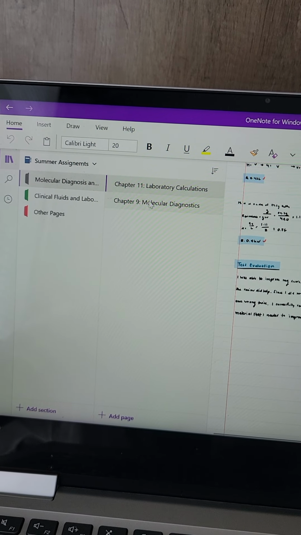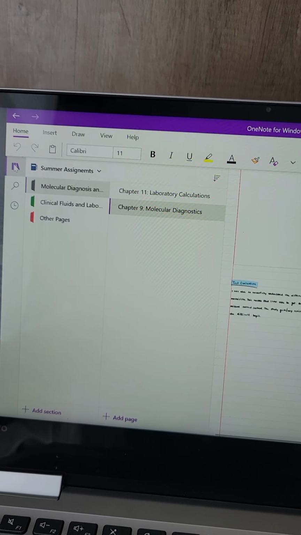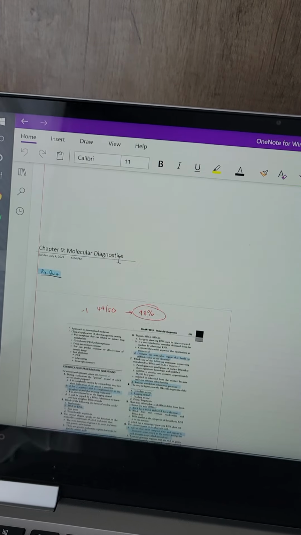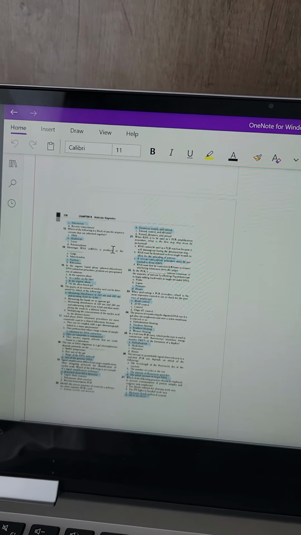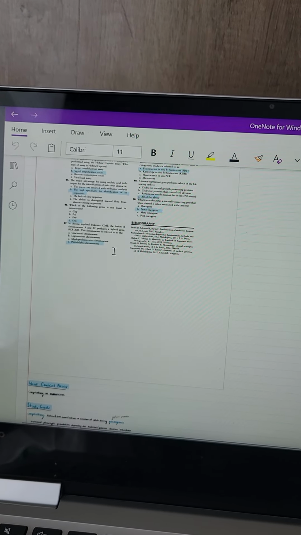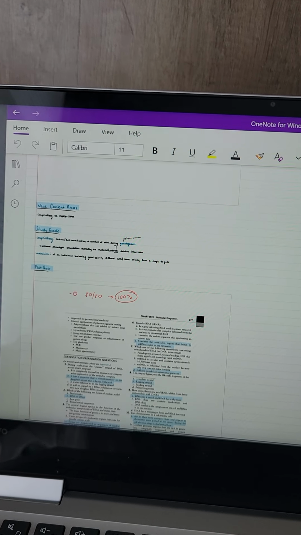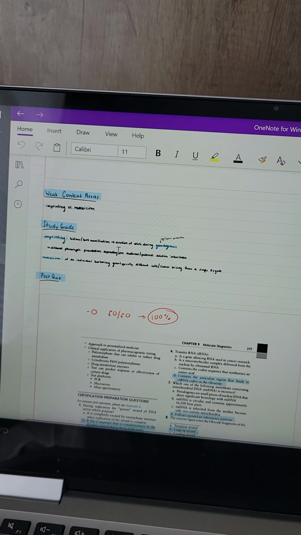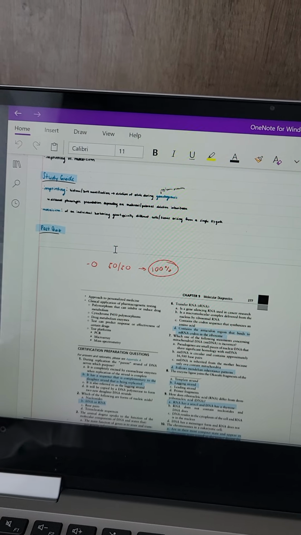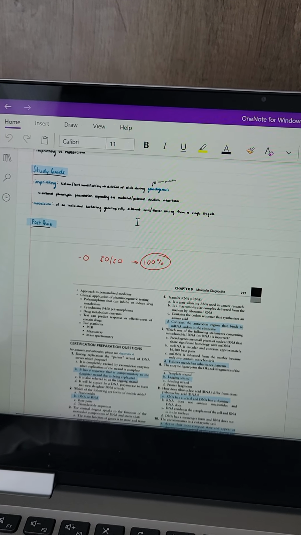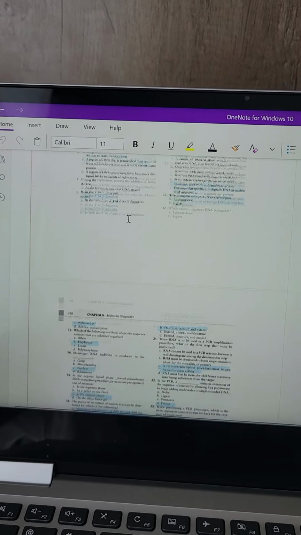Following that would be the chapter 9 molecular diagnostics page, also due July 5th. For this one we have my pre-quiz as always, which has markings of which I got right and which I got wrong, my weak content areas, in this case a definition, and my study guide, which was just me writing out the definitions, my post quiz,